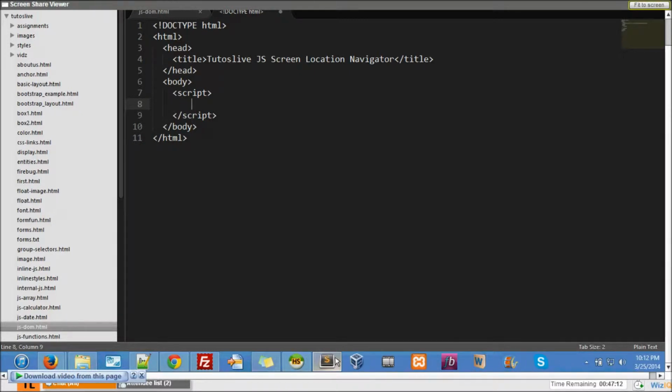let's say var screen_width. This is nothing but screen dot width. So this is the actual width. Let's call this actual width. That's fine. So here let us use a function to print